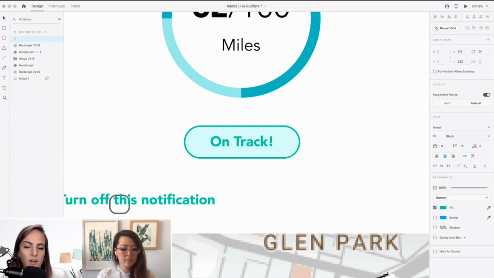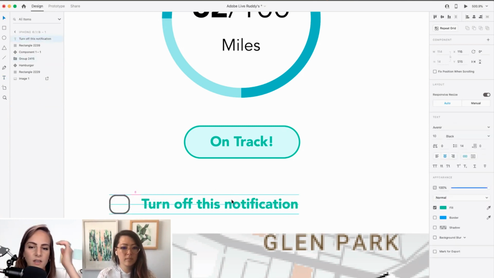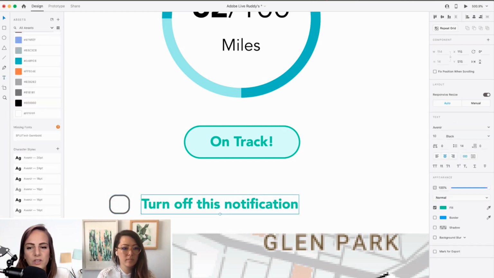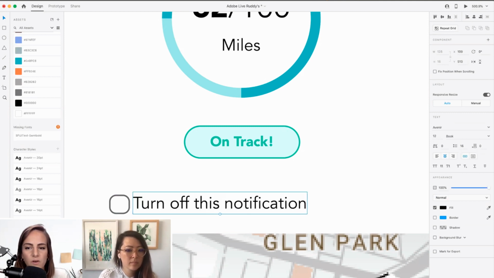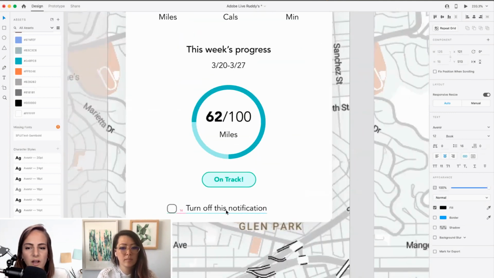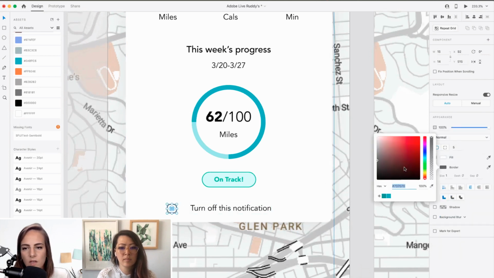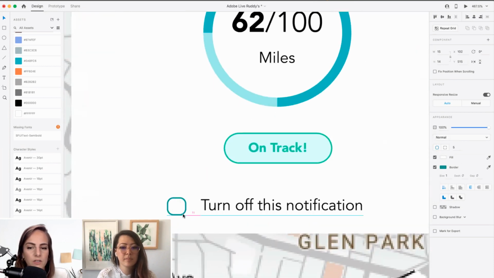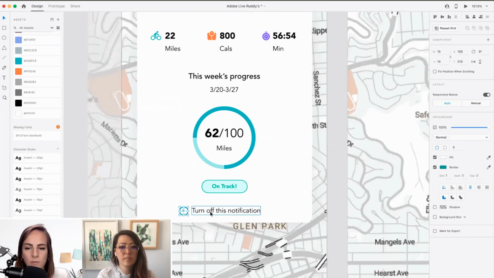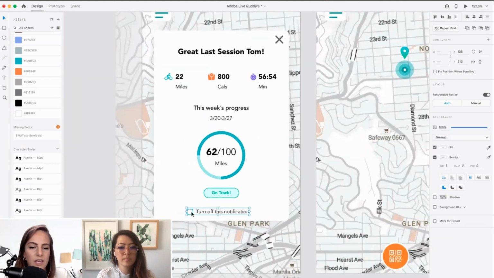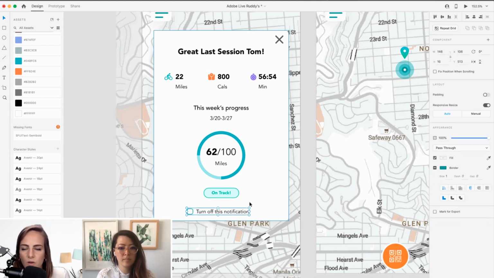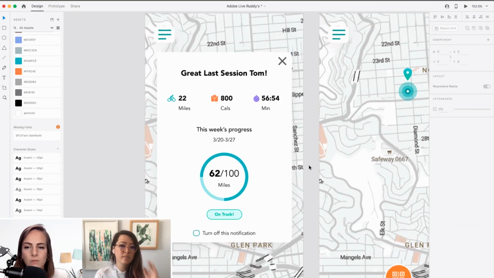And one thing that I like on this overlay that you did, which people don't always do, is you have a CTA button for "okay, on track." I would assume that on track means we can also close out of the overlay, and you also have the close button. So you're giving users multiple ways to exit out of something if they can't find it for whatever reason, or they're just used to a certain way of closing out of overlays. So having both of those I think is a good idea.